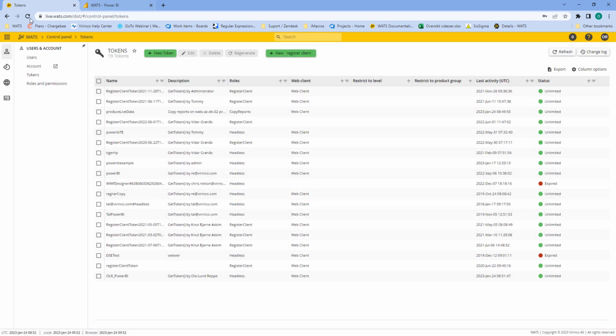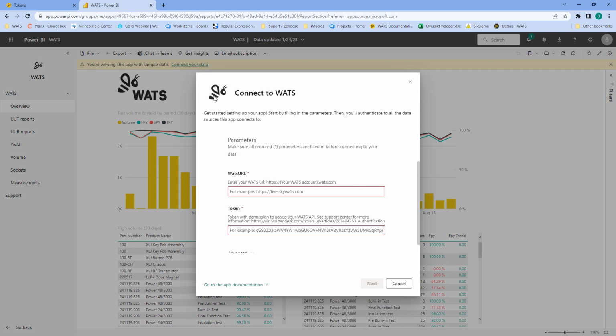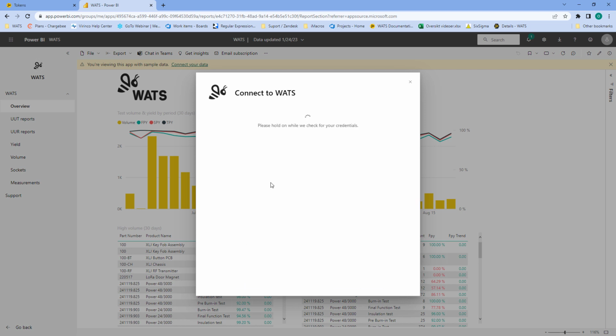Now for the next step, I will go back into the WATS Power BI application and I will click this link, connect your data. This will open this dialog box where I can enter my WATS URL. In my case, that is HTTPS, and we have live.wats.com. And in the token, I will paste my token from the WATS control panel, and I'll click next to